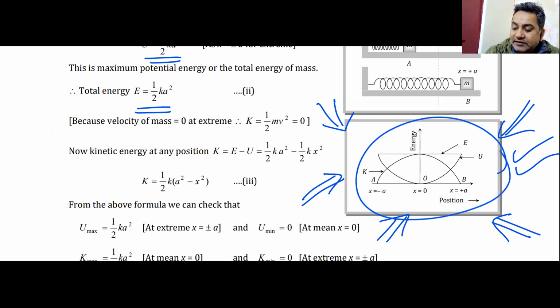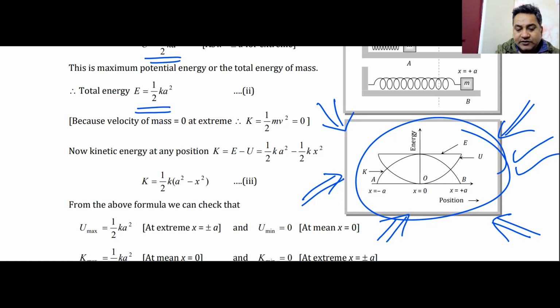So we will be discussing this graph at that point in time. Don't worry, right now we just move ahead and solve one or two problems based on this, so that we are sure about solving those problems if they come in the exam.